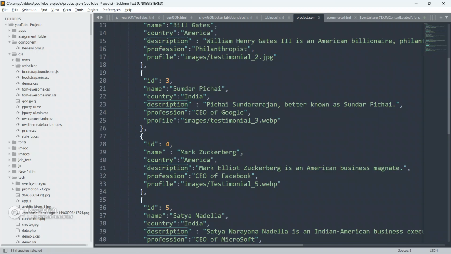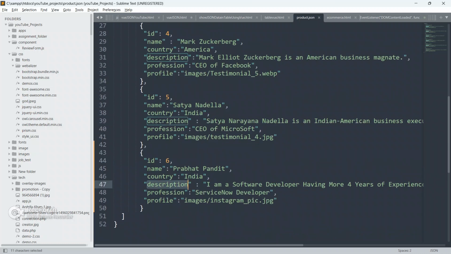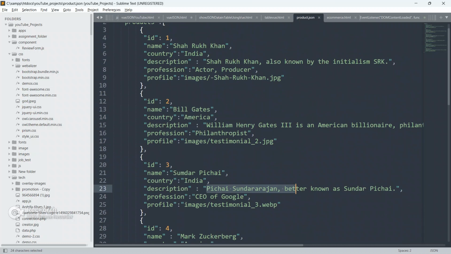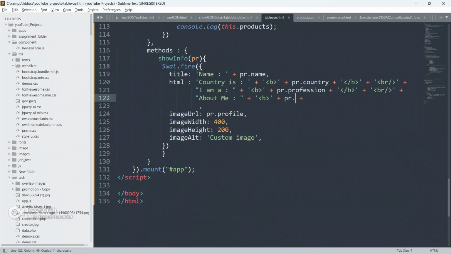The description will be Shah Rukh Khan, also known as this, William Henry will be this, and so on. It will display all the values for this key, and the key name is description. So just copy the description from here, and paste it here only, and we have to close this B first.